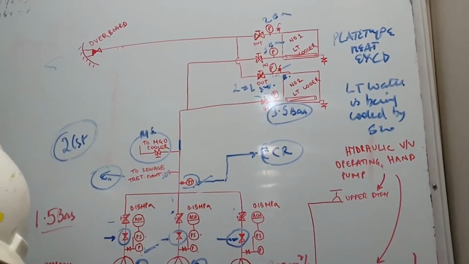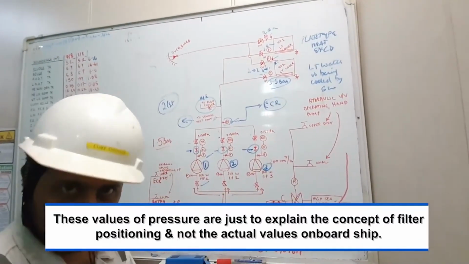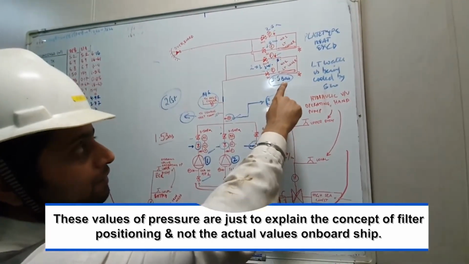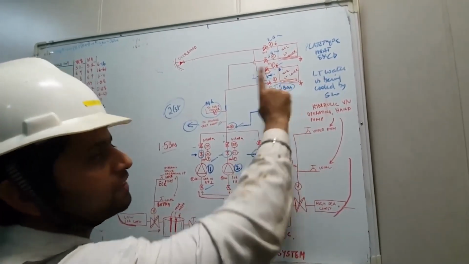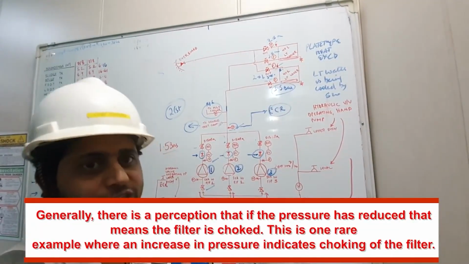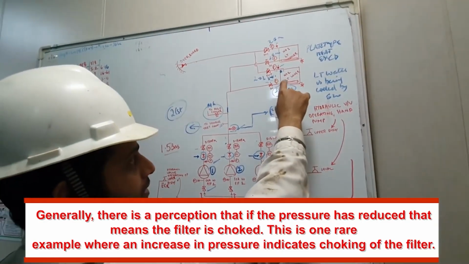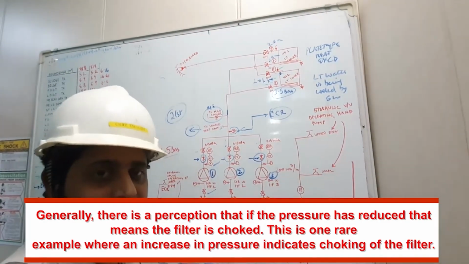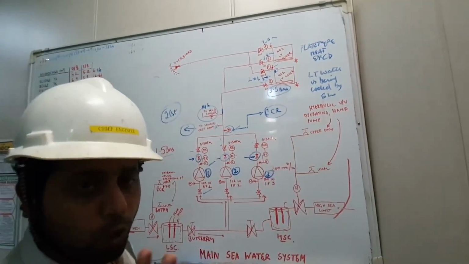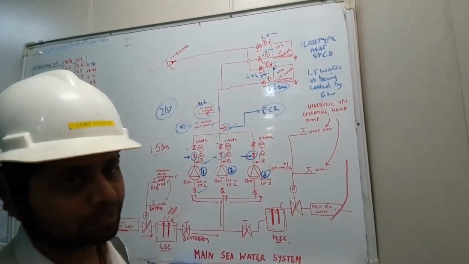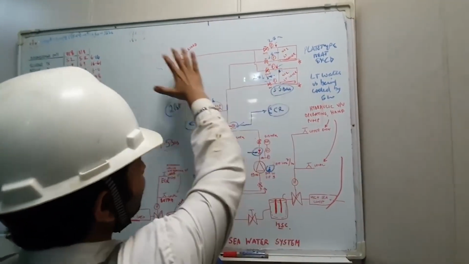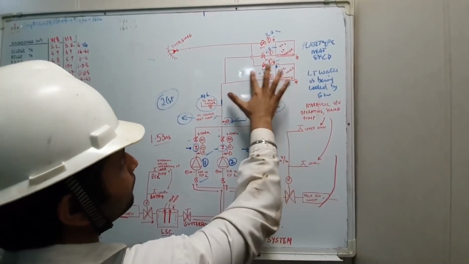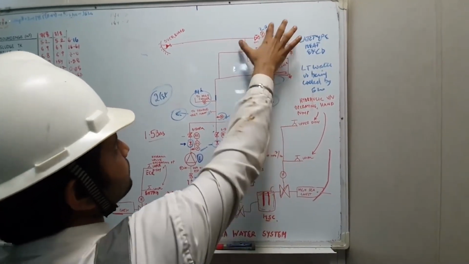Normally what happens is when we talk about a filter which has a suction pressure, when the pressure is dropping, that means the filter is getting choked. But over here, if the pressure is increasing, that means the filter is getting choked. So it depends where the filter is fitted, guys. The importance is where the pressure gauge is fitted, before the filter or after the filter. That decides the condition of the filter. Always very very important for you to remember, guys. Copy it, guys. And then it goes overboard. So this is, guys, how you need to understand in a simple way how a main seawater system works.